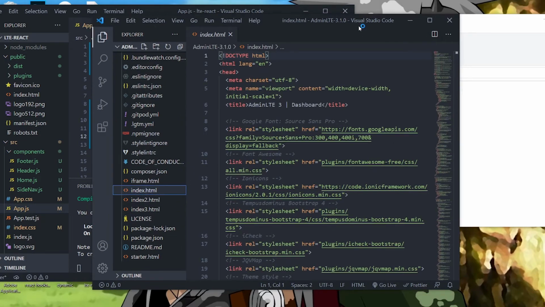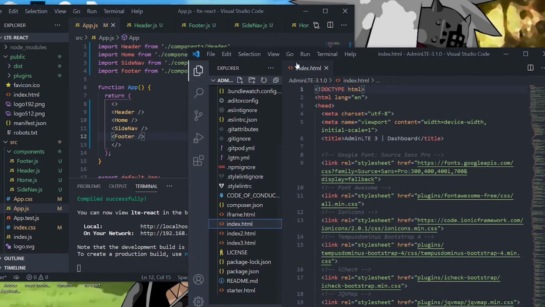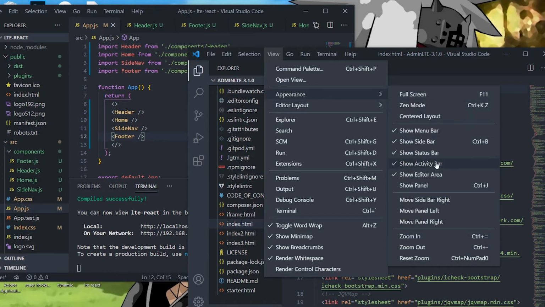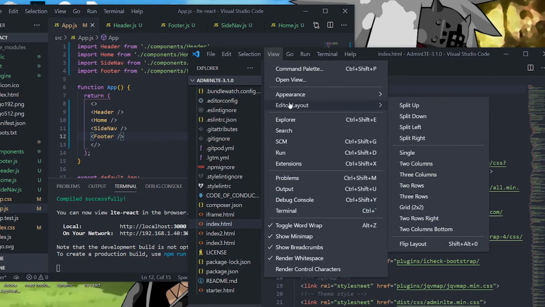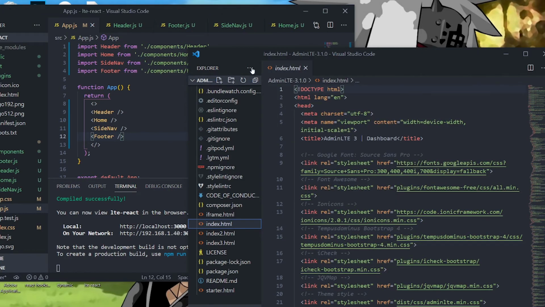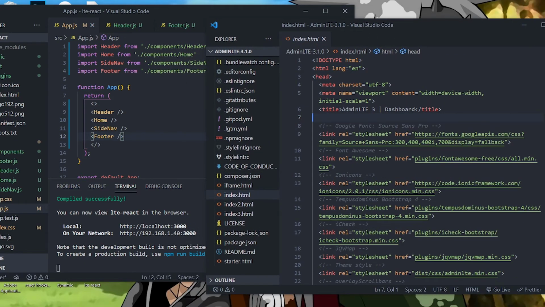And first things first, I'll just remove this. There you go. Probably remove this as well. Show status bar. Is it the status bar? Menu bar. Ah, no. It's okay. No worries about that. All right, so now that we have index 1 here,